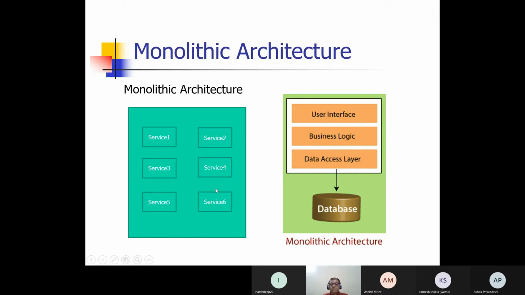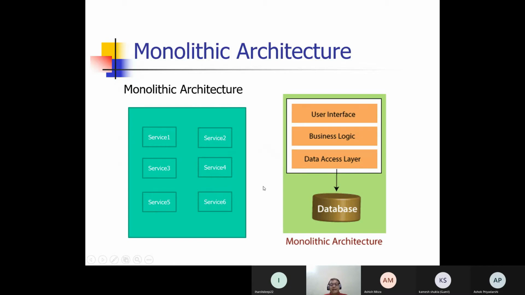There will be a user interface, different business logic, and a data access layer connecting to a database from where all the information is maintained, fetched, stored, etc.